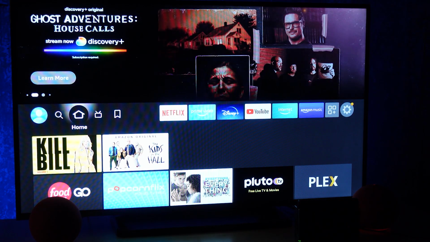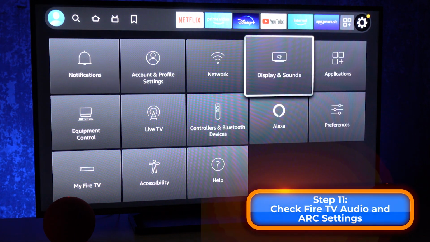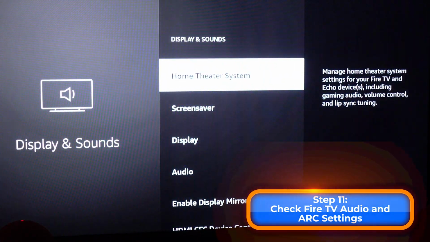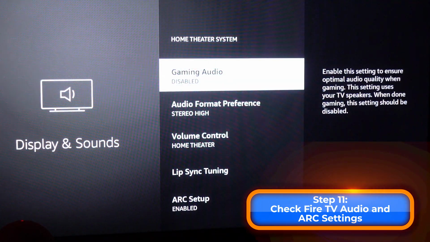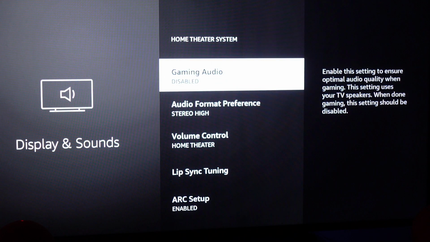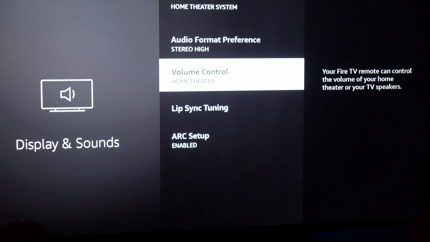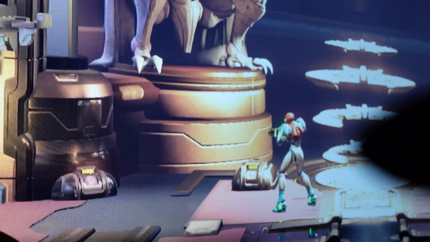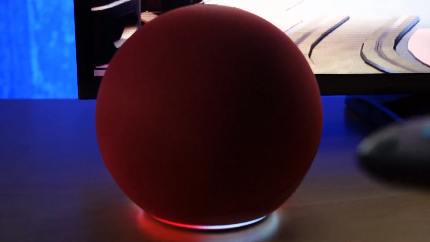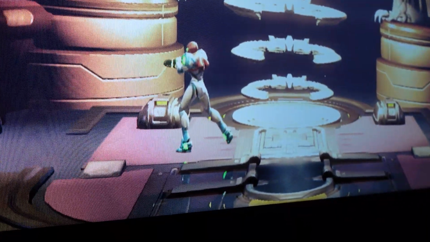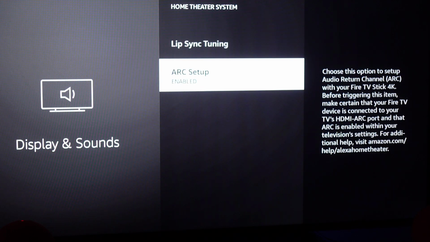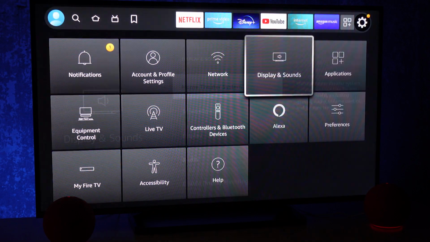If this is not working, then I want you to head into the settings for your Fire TV stick. You'll see I went into display and sounds, and I've gone into home theater system. That should show up now that you've set that up in the app and tied it to this Fire Stick. Make sure the volume control is chosen as home theater. That will mean that whenever you press the volume buttons on your Fire remote, that you adjust the speaker volume on your Echo speakers. Make sure ARC setup is chosen to be enabled, and in the same display and sounds